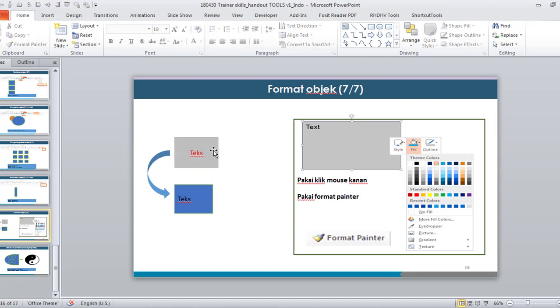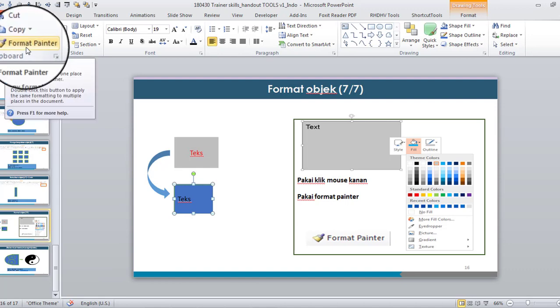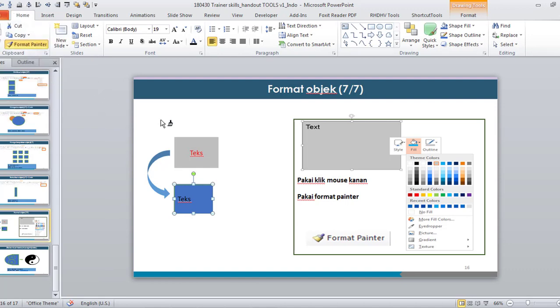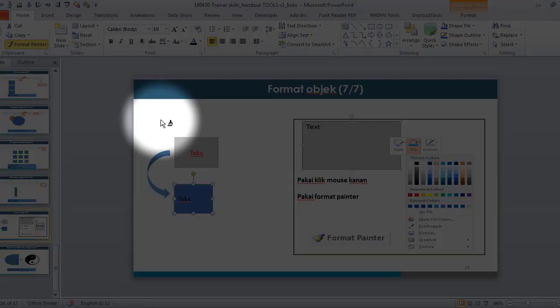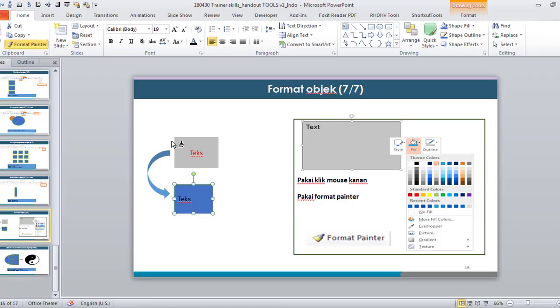So if we go back to this text and you already have the type of format that you want, but you just want it to look the same, what you also could do is just select the object that you like and you click the Format Painter. So if you click it once, you get this painter next to your cursor, and whatever object you select next will change into the same format as the one that you just copied. So if I click now on the gray object, you'll see that it automatically changes both shape fill and font